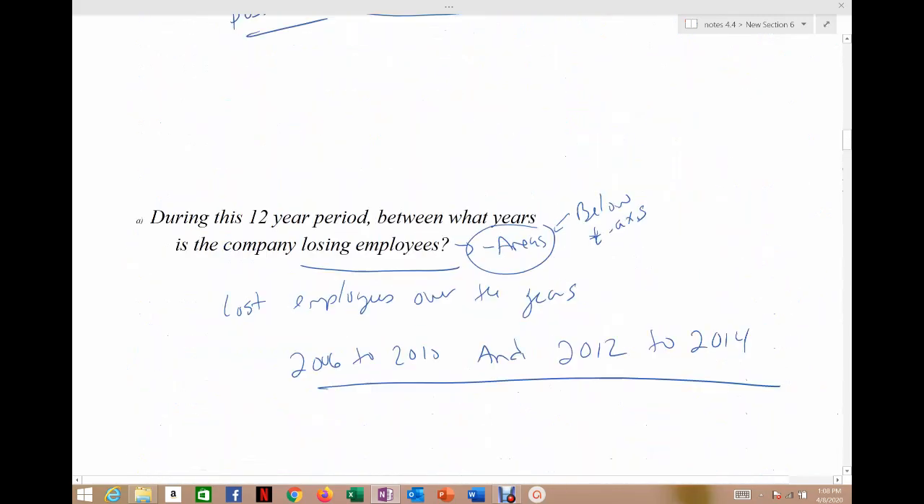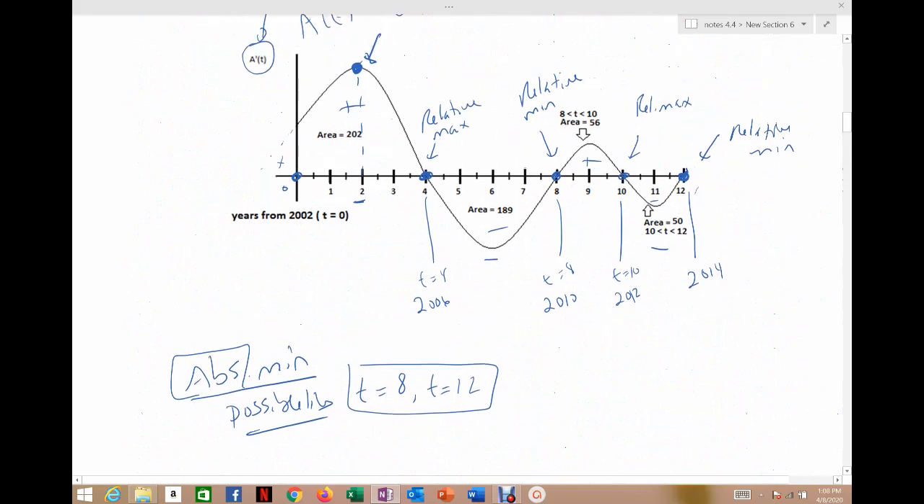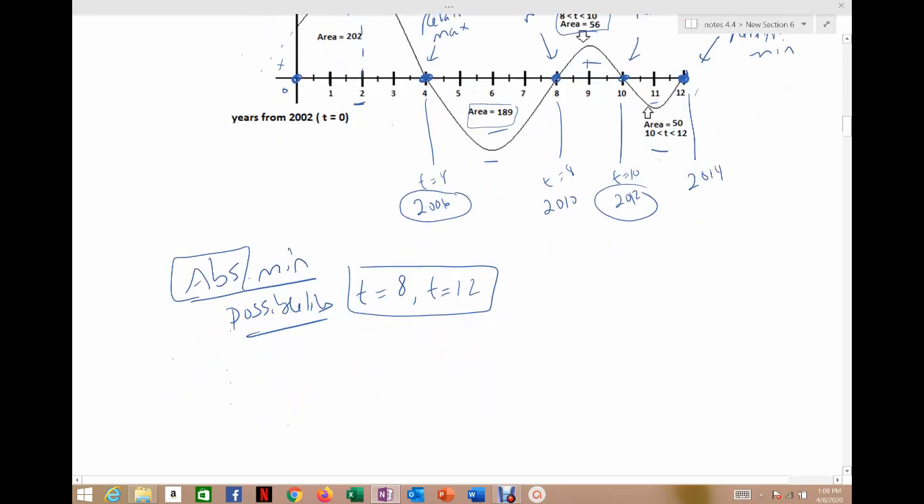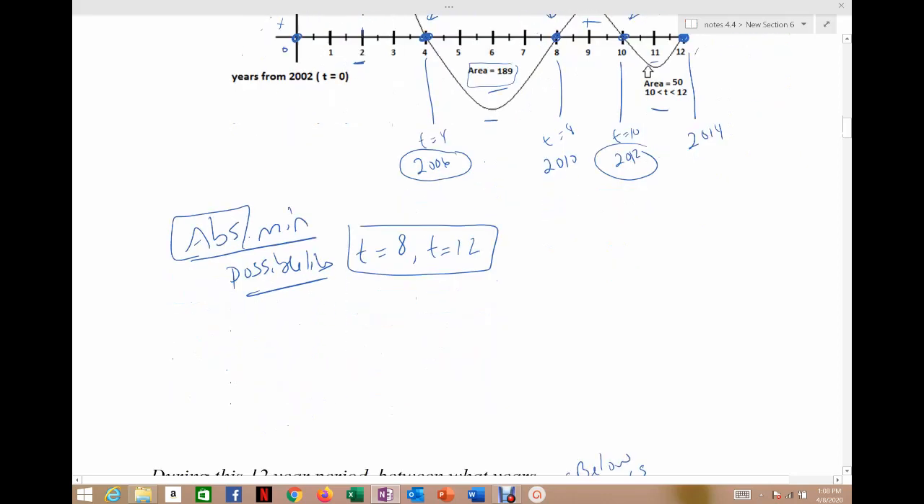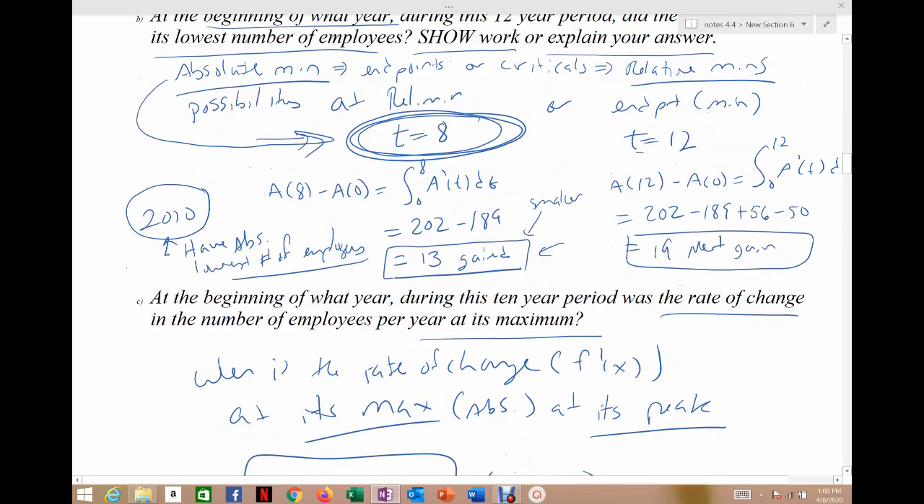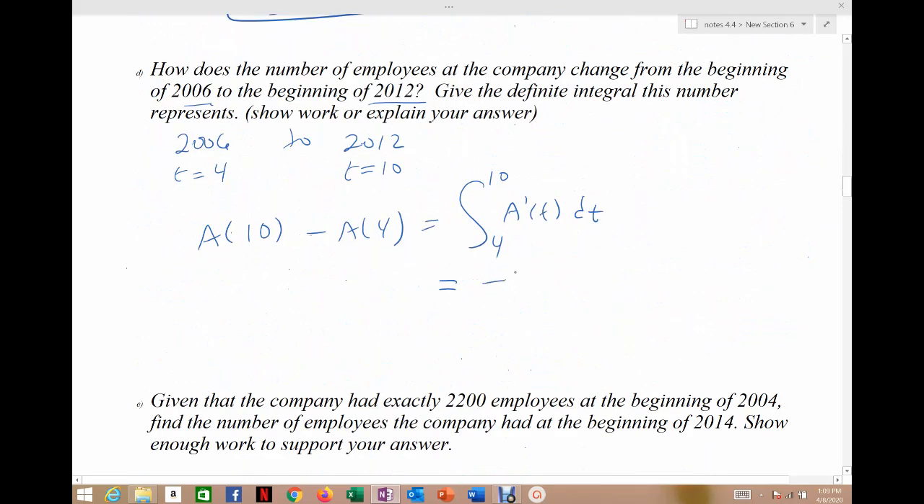All right, so going back to my picture, I'm looking between 2006 and 2012. Between 2006 and 2012, they lost 189 employees, but then gained 56. And so the net change would be taking the loss of 189 and adding 56 to it. So negative 189 lost, and then we gain 56. So the net change